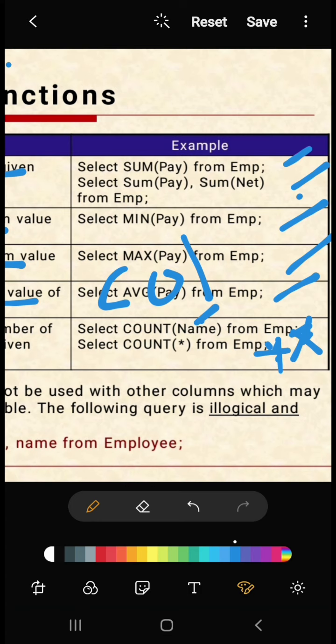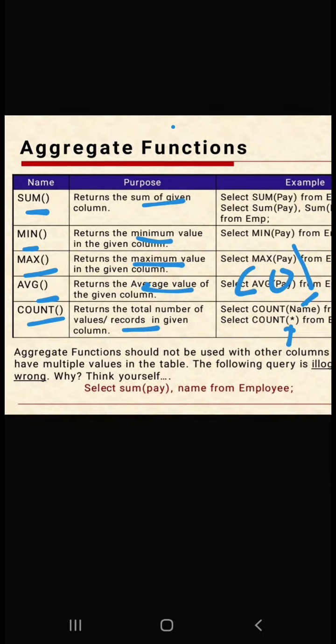Count star, we are not at all mentioning the column name. So it counts the number of records, the number of tuples in a table. It is going to include the null values also. Simple. Count star counts the number of records. Count with a column name will count the records which are not null, because we are mentioning the column name. So these are also called group functions, right? It is acting upon the group, okay, right?